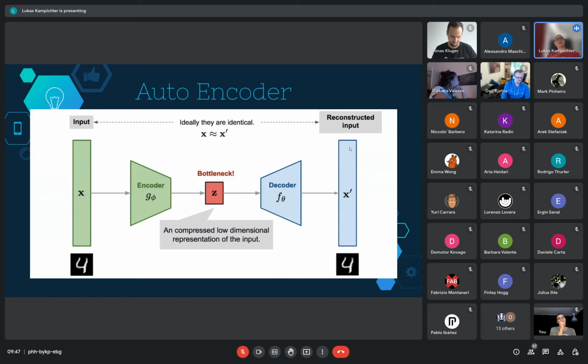And finally, we have the decoder, which is doing the exact opposite of the encoder. It takes whatever it gets from the bottleneck and turns it back into our original image. So the goal of an autoencoder is basically to take any input and reconstruct it as best as possible.